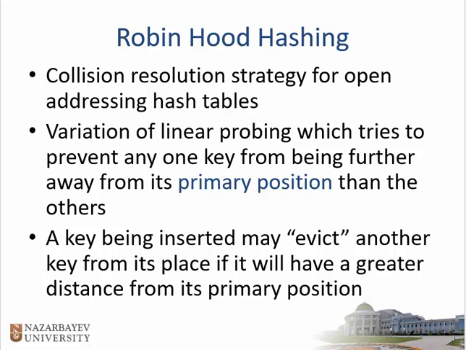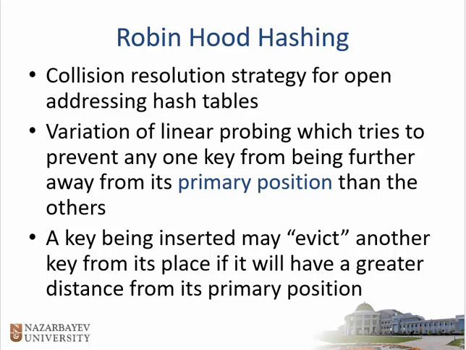So what we're going to look at today is Robin Hood hashing, which is an alternative to linear probing, or actually it's more of a variation of linear probing because it's very, very similar when trying to resolve collisions in an open addressing scheme for a hash table. And specifically what Robin Hood hashing does is it keeps track of how far away a given inserted item